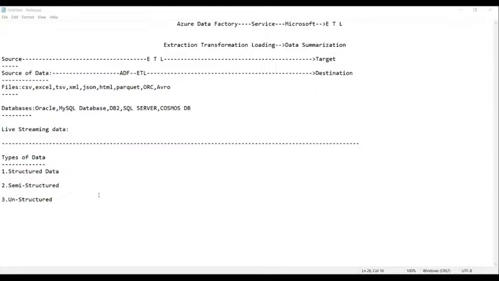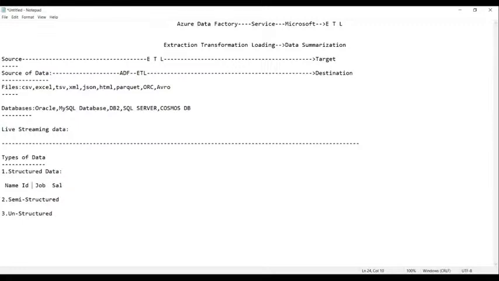Now let us try to understand what exactly structured is, what is semi-structured, and what is unstructured. Structured data is data that is already placed in the form of proper rows and columns. For example, I have name, ID, job, salary.